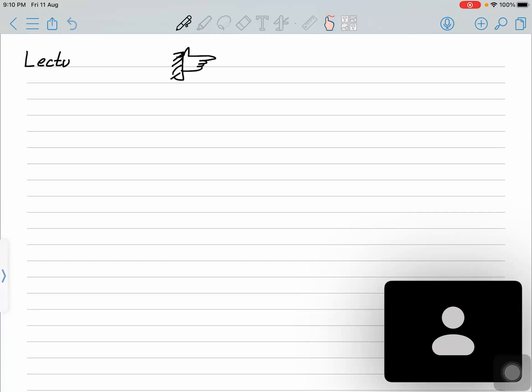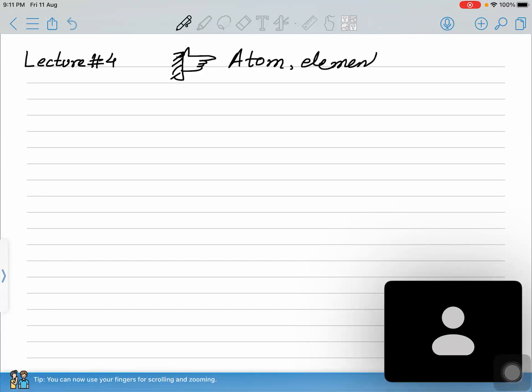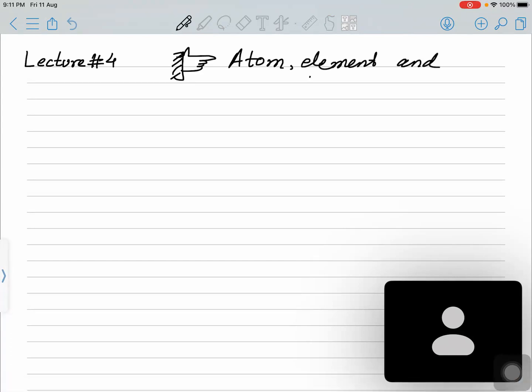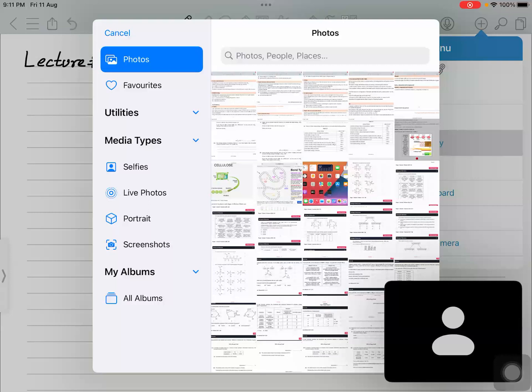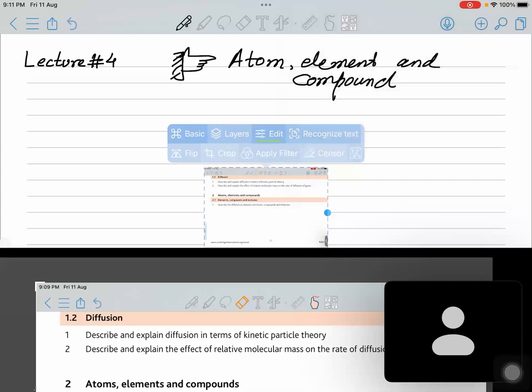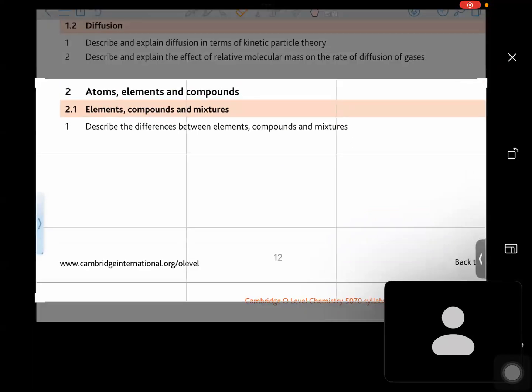This is lecture number 4: atom, element, and compound. First topic is